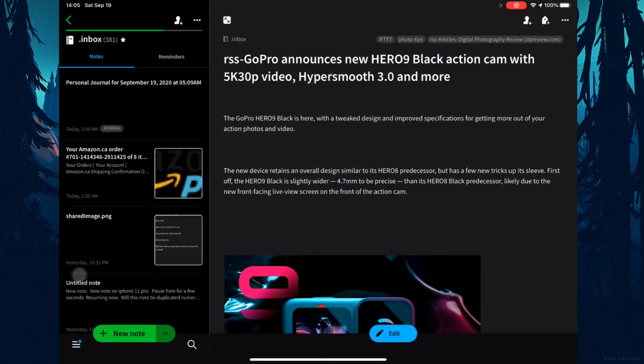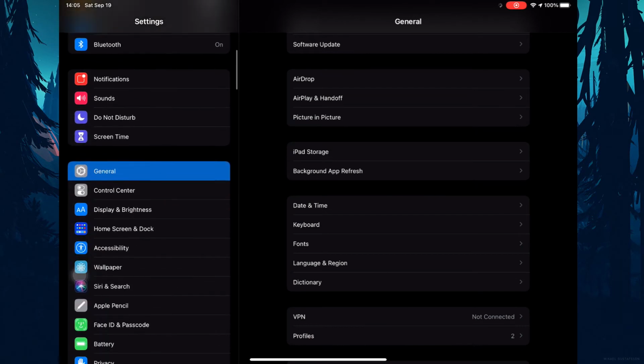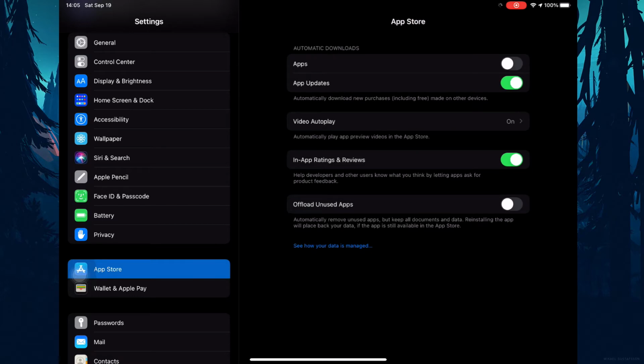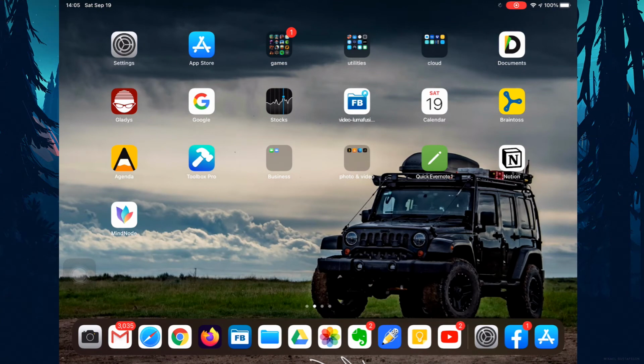So, if you haven't already downloaded the new Evernote version 10 for your iOS device, I'm going to suggest that you turn off any automatic updates on your iOS device. You can go into settings. Just bear with me while I stumble through this. I'm not sure if it's in App Store. Yes, App Store. Turn off app updates. You do not want version 10 of Evernote to replace any version that you've got going on right now, because it